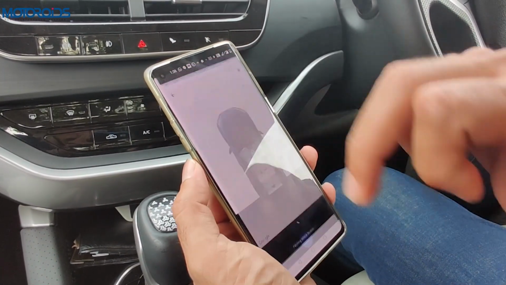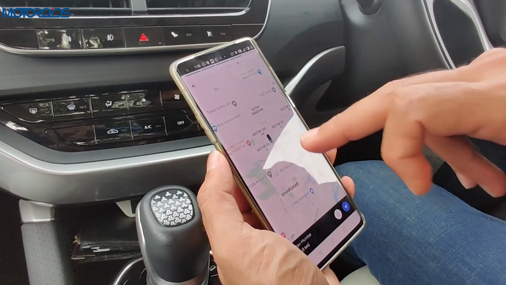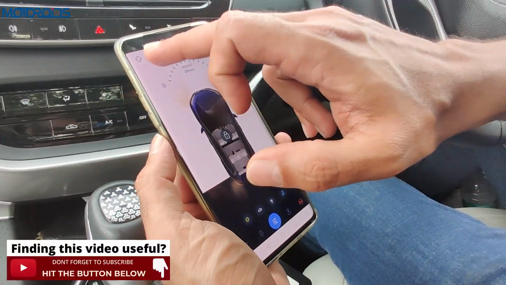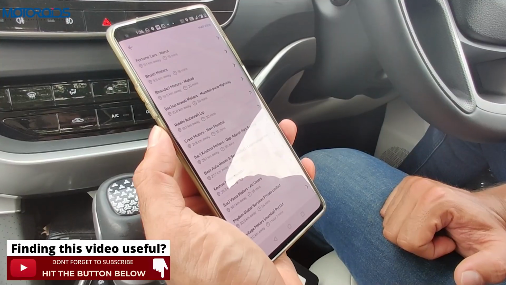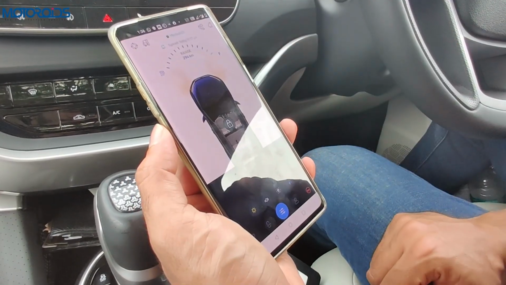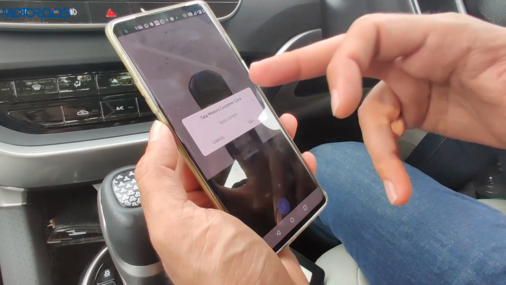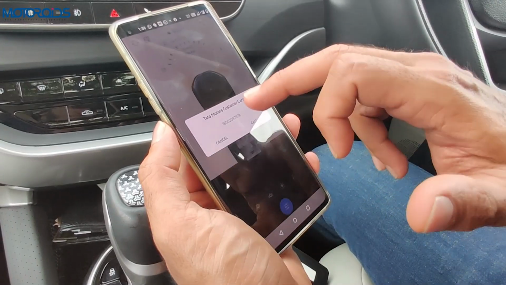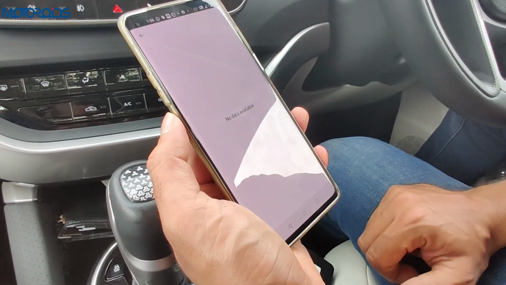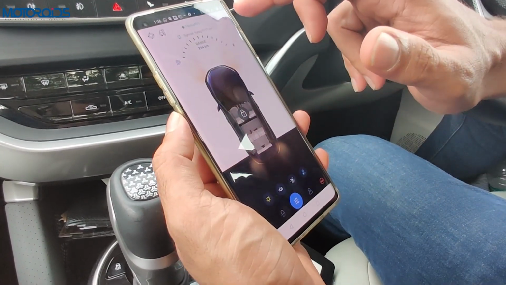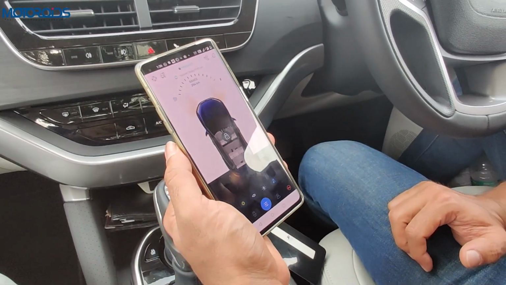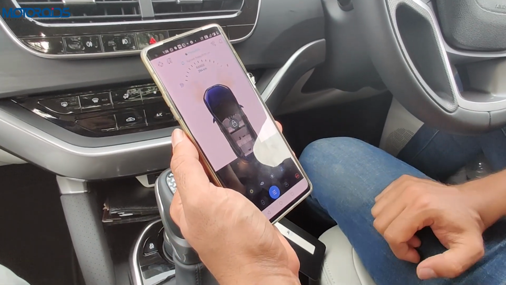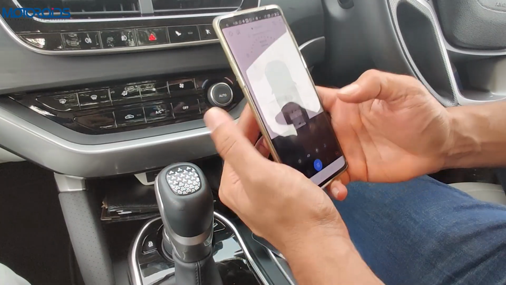Then apart from this, you can go directly to your location. This will show you the list of the nearest Tata Motors showrooms or service stations. You can talk to the Tata Motors customer care, and this is the notification bell. So that's all there is to the IRA, or the Intelligent Real Time Assist, or IRA app,